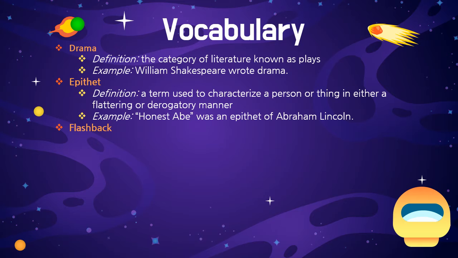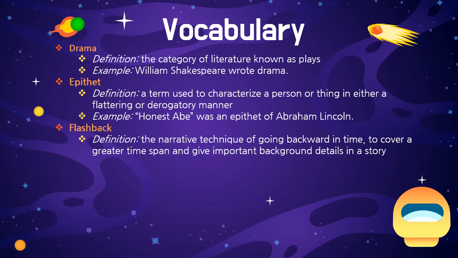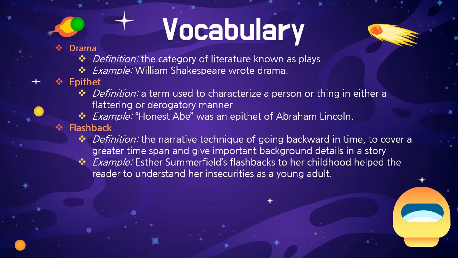Our next word is flashback. Flashback. This is the narrative technique of going backward in time to cover a greater time span and give important background details in a story. So when an author is doing a flashback, they show something that has happened in the past, and it gives more insight into what's going on in the story. Maybe a character's background, something that happened to them in the past, explaining what they do now. For example, Esther Summerfield's flashbacks to her